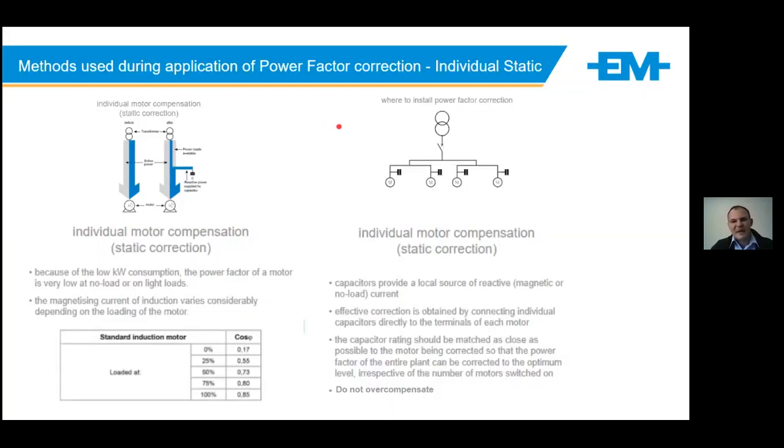This method of individual compensation is getting less and less common. A lot of customers would be doing complete site compensation instead. It's more feasible and more practical to maintain one system than multiple little systems all over the site. The end benefit on kVA reduction on the billing is still obtained on the main.